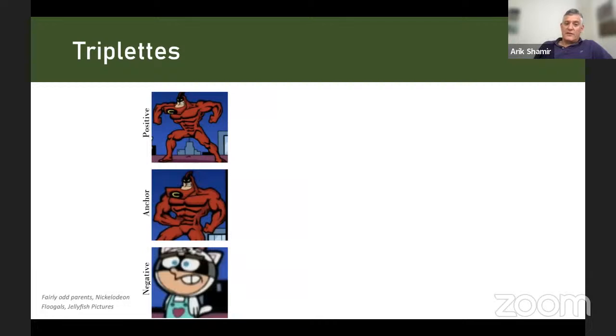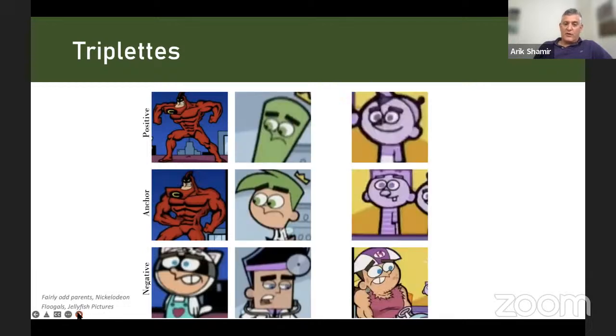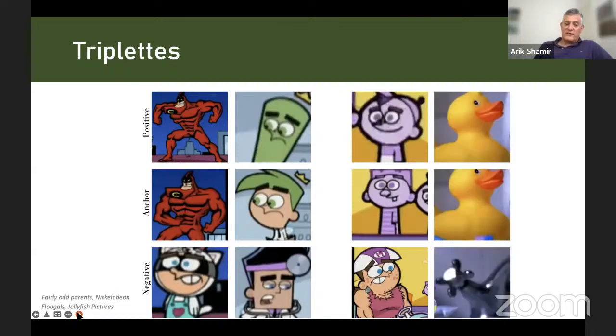Unfortunately, because this is an unsupervised method, there are also some false detections. So for example, here the anchor and the positive example, although they look similar, they are different. And you also have some non-characters appearing. But since we have many, many such triplets, we can refine the network correctly and map it and create a better representation.